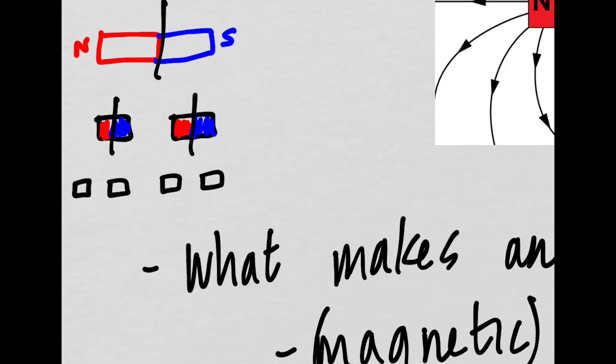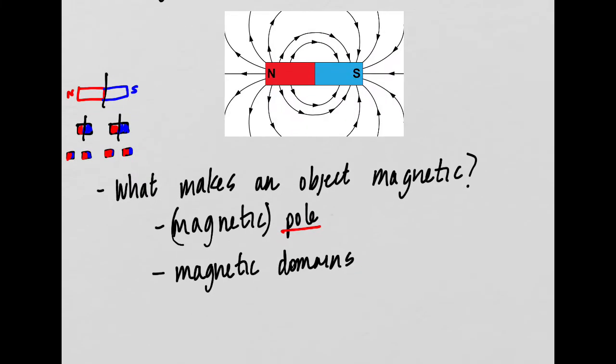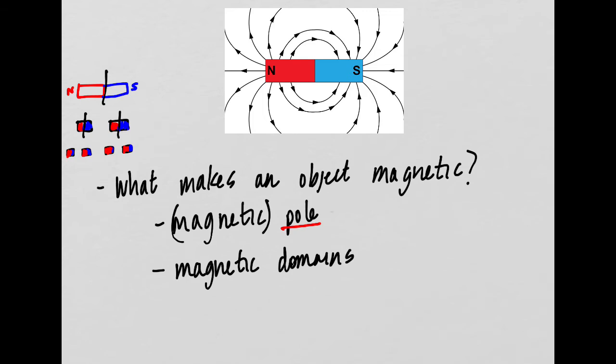They would all have south poles and they would all have north poles. And I could do this over and over again until I got down to what's called the subatomic particles, or the atoms that make up the